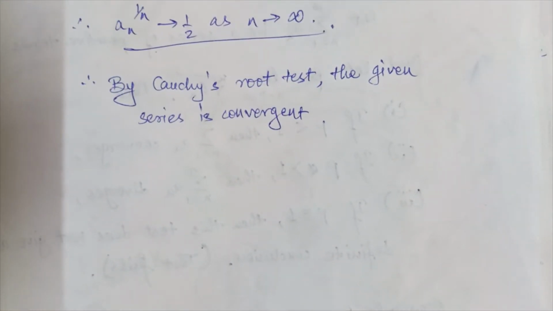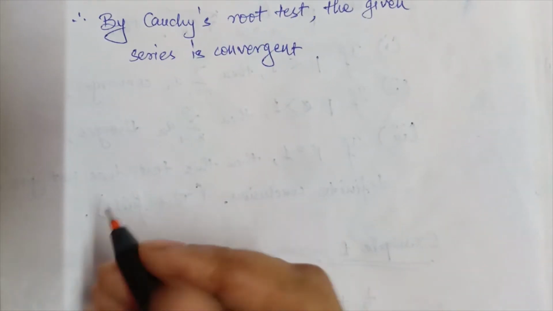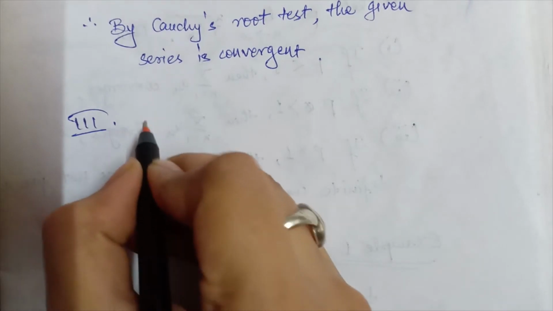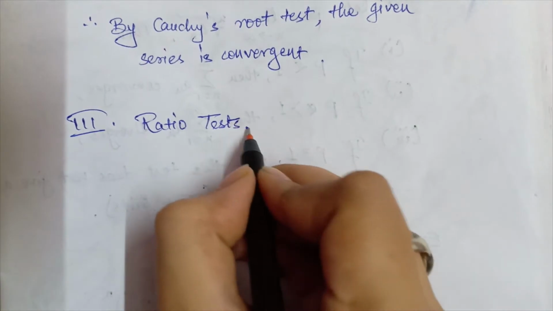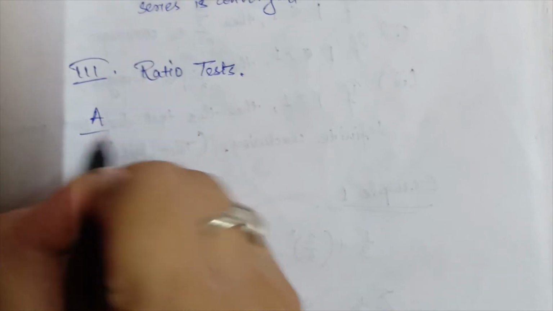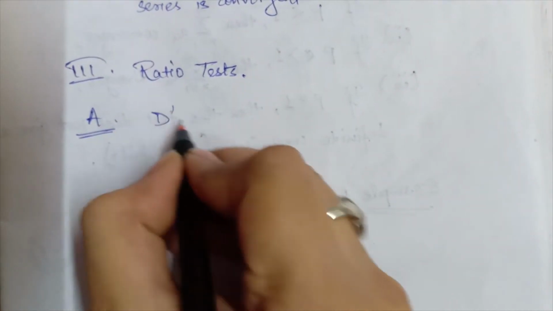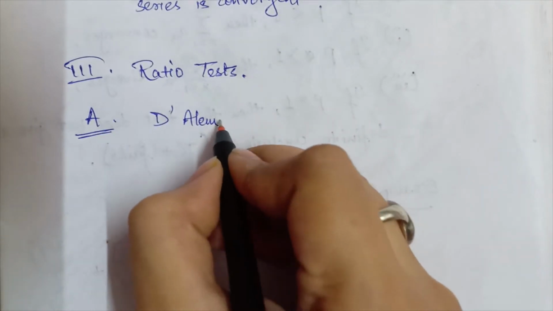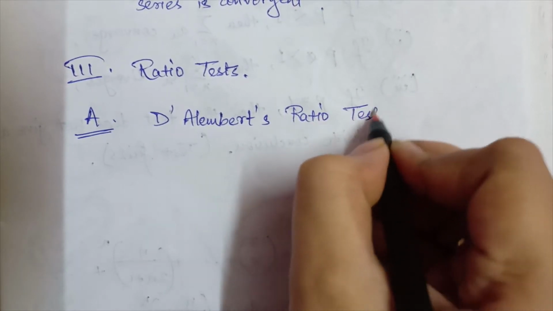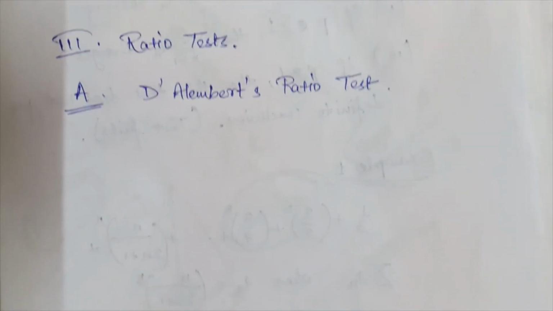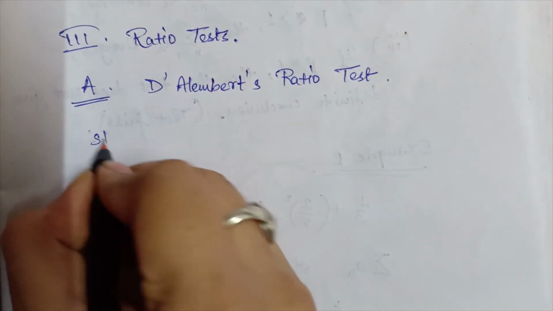So after the comparison test and Cauchy root test, there will be a series of tests known as the ratio tests. Under this, we have 3 tests. The first one is D'Alembert's ratio test. It states